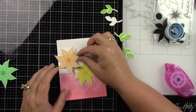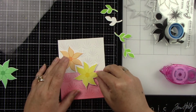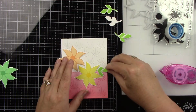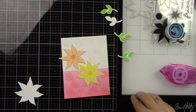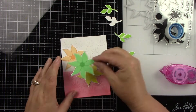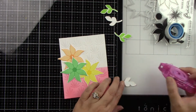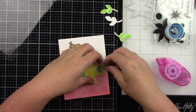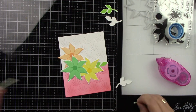So I'm going to adhere my flowers and leaves kind of crossing between the top and the bottom. But I'm going to make sure when I line up some of my leaves and my flowers, it kind of blocks that line there. So you don't see that there's a line between the two colors. You could also achieve this with a strip of cardstock. But when I'm doing cards like this, I like to use these elements just to kind of obscure that harsh